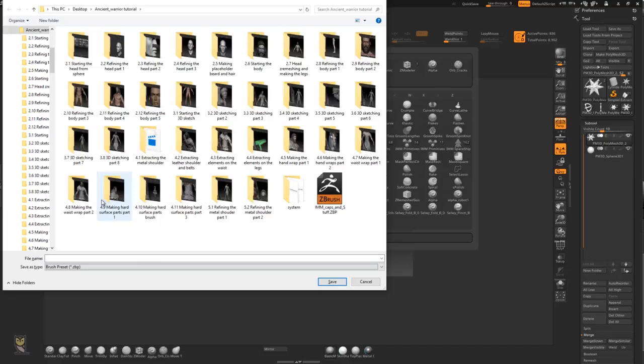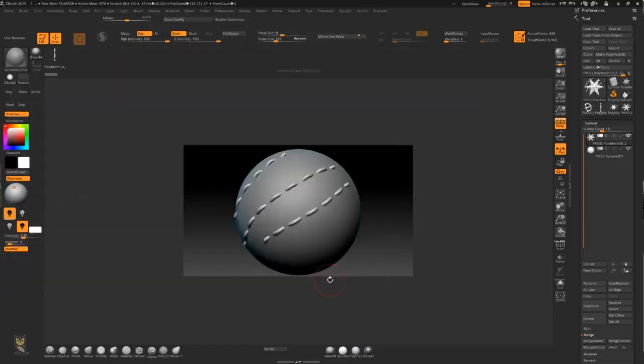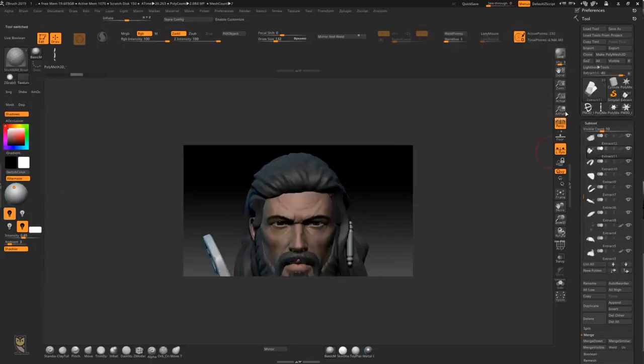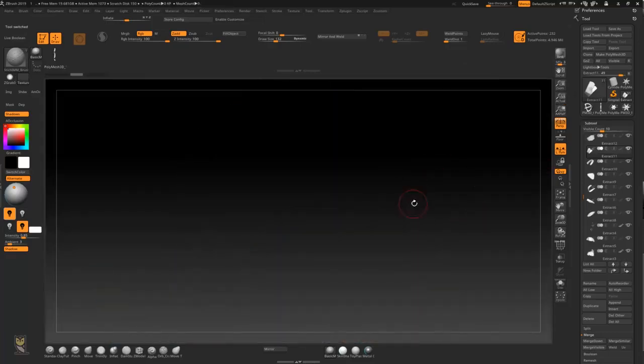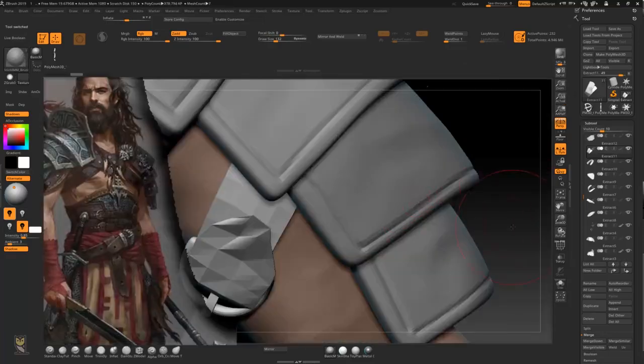Stitch brush. Save. So we have it now. And everything is okay. And actual Shift Z, F, and we can continue